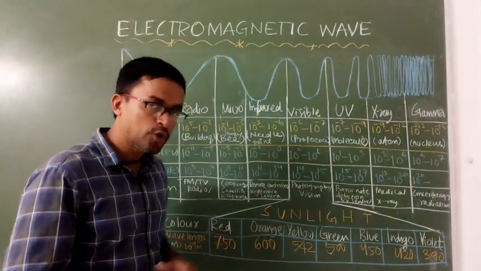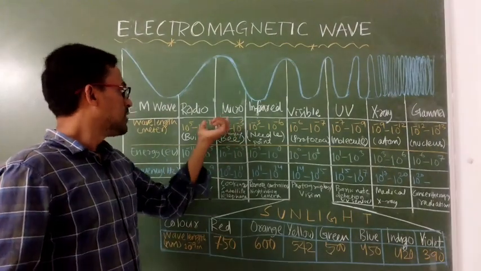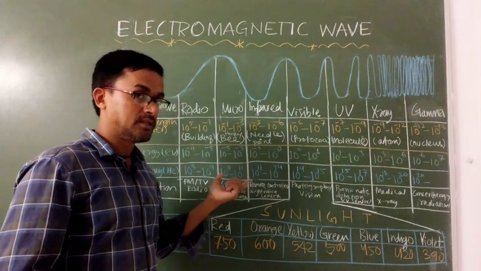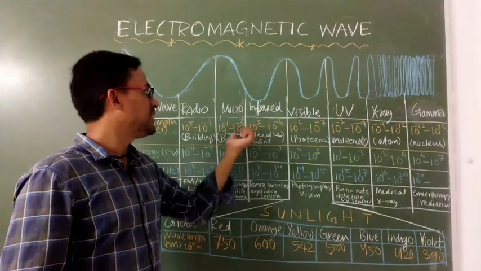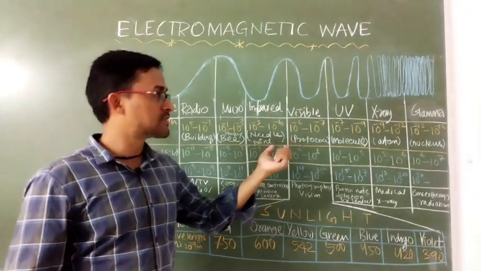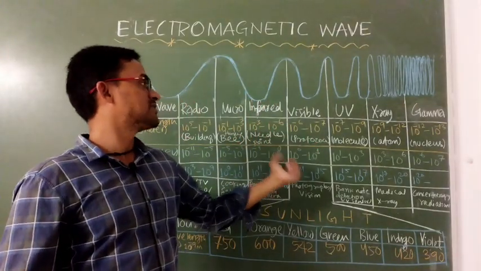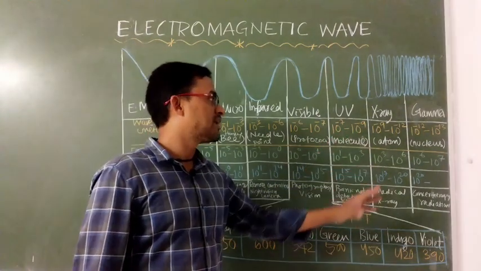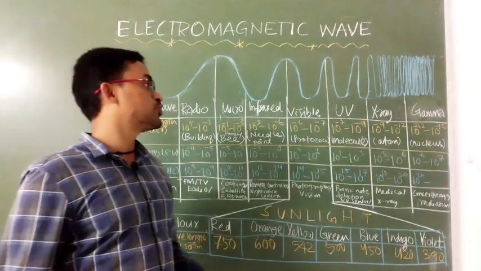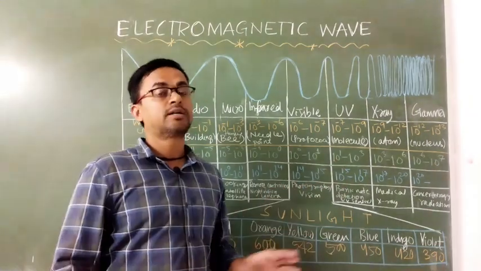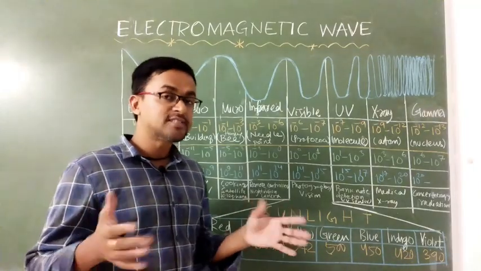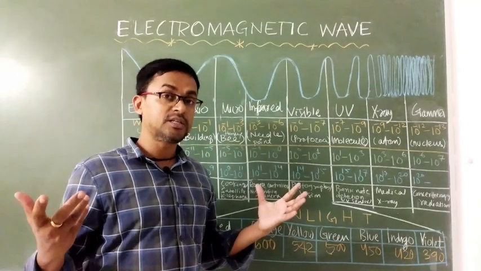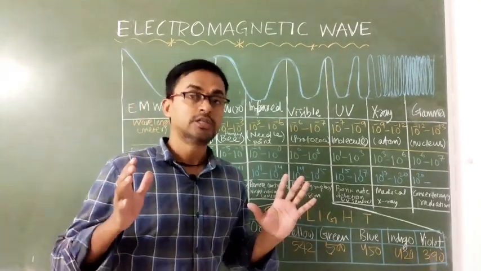If you come to the microwave, our wavelength range is between 10 to the minus 1 to 10 to the minus 3 meters. Similarly, for infrared it is 10 to the minus 3 to 10 to the minus 6 meter. For visible it is 10 to the minus 6 to 10 to the minus 7 meter. UV is minus 7 to minus 9 meter. X-ray is minus 9 to minus 12 meter. Gamma ray is 10 to the minus 12 to minus 13 meter. To realize the wavelength range, I have given some examples so that we can easily imagine the wavelength range of the different